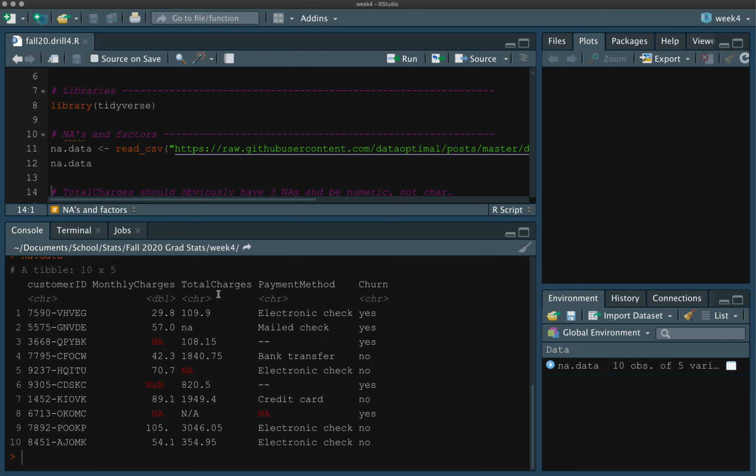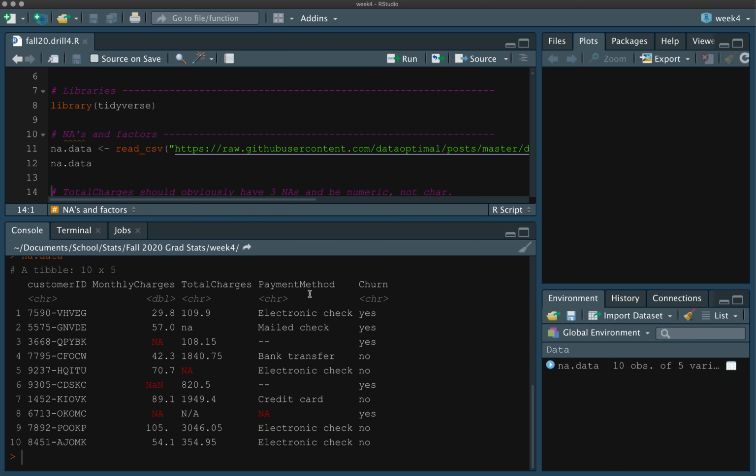But then you notice here in this column, for total charges, it read it in as a character column, and it only has one highlighted actual coded NA value. But you can see that it also has these other two, lowercase na and n/a here, that neither one of those got read as actual NA values. They just got read as characters, which made this entire column into a character column. So we'll get into that. And then also you see here on this one where they have just a couple dashes, which should be NAs. It's missing data,